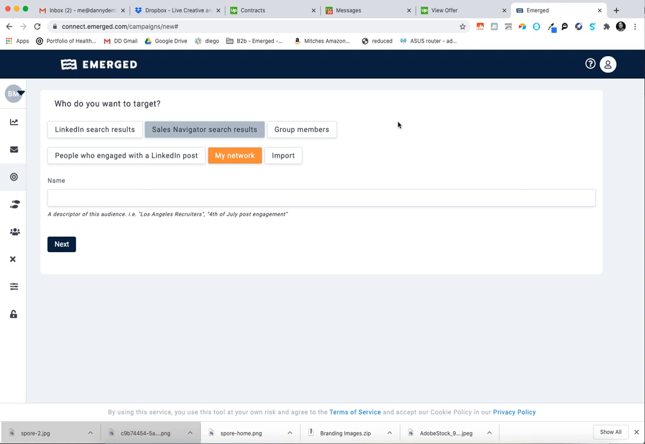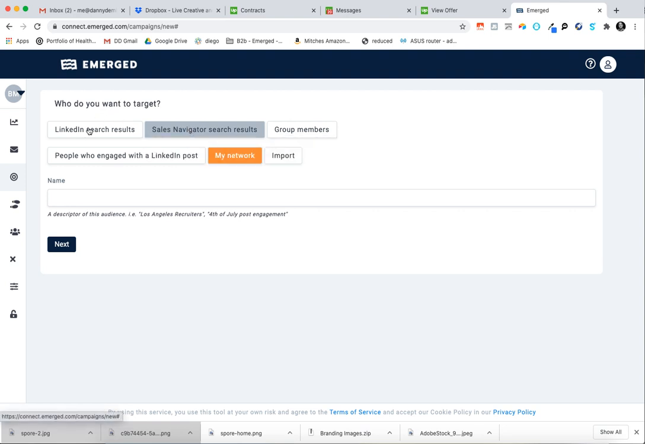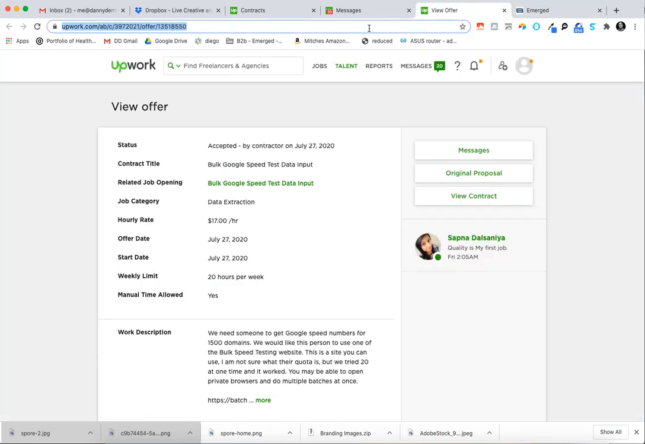So whenever you want to build a campaign, you could do it a bunch of different ways. You could do a Sales Navigator search, if the LinkedIn user has Sales Navigator. You could do a LinkedIn regular search. What that means is you could literally go to LinkedIn,